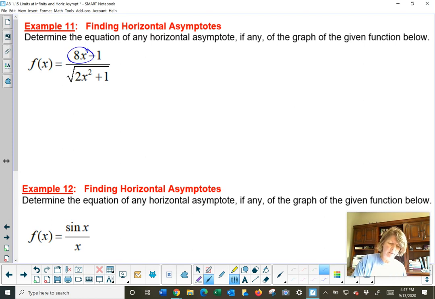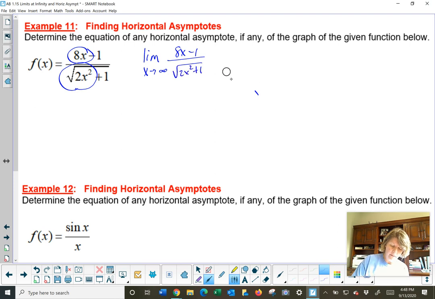First thing I notice is I have a power of 1 for the degree in the numerator, and I have the square root of x squared in the denominator. So, which would turn out to be absolute value of x. So I am going to say that they're basically equal, and I just need to watch my positives and negatives. So what I'm thinking is the limit as x heads to infinity of 8x minus 1 over square root 2x squared plus 1 would turn out to be